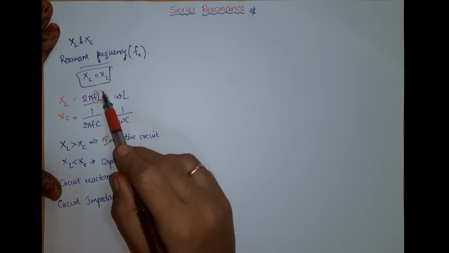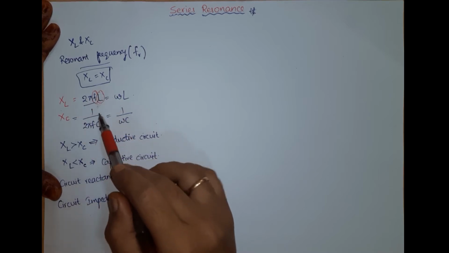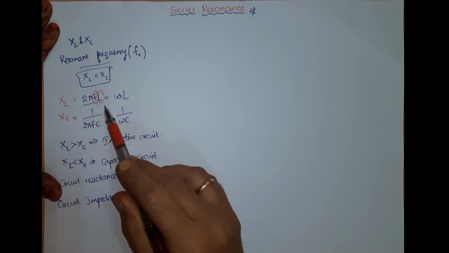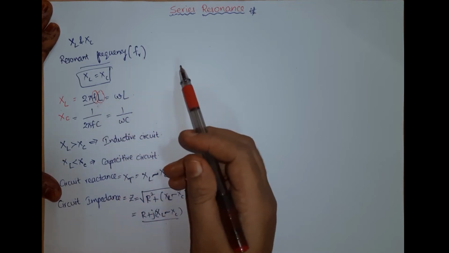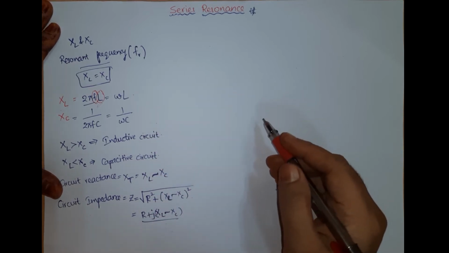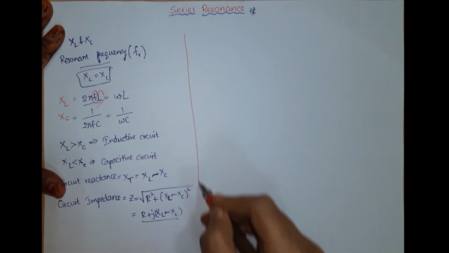So if it is going so high, it acts as an open circuit. If it is going so low, it acts as a short circuit. This means we can say that the inductive reactance is proportional to the frequency and is small at low frequencies and very high at higher frequencies. Right? So let us show or prove this graphically.